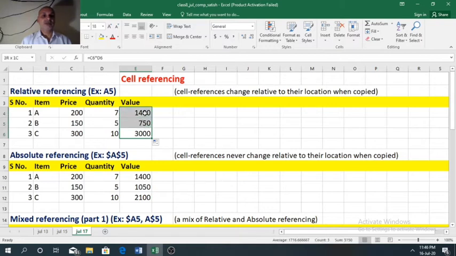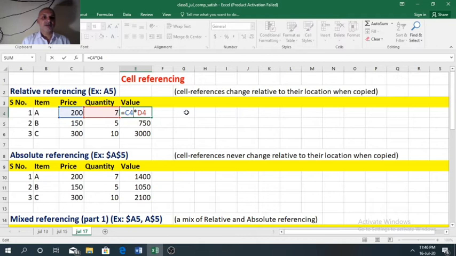So we will see how the formula changes, how the cell address changes. In the first cell, see once more what formula I have typed: equal to C4 into D4. Now when you go to the next cell, here I had not typed the formula, I had only copied it.